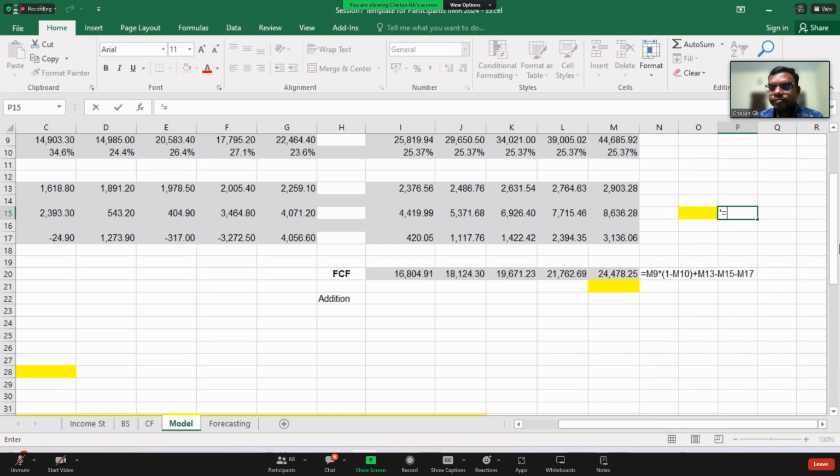This is equal to FCF in 2029 multiplied by 1 plus long-term growth rate, whole divided by WACC minus long-term growth rate. Can you just write this down quickly?